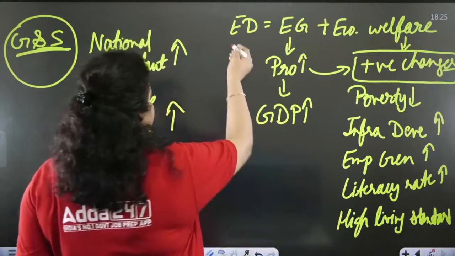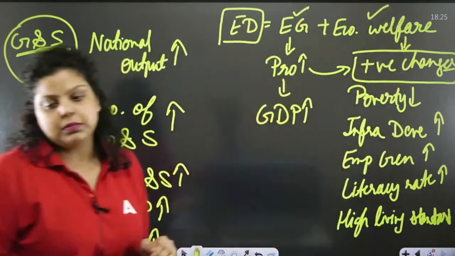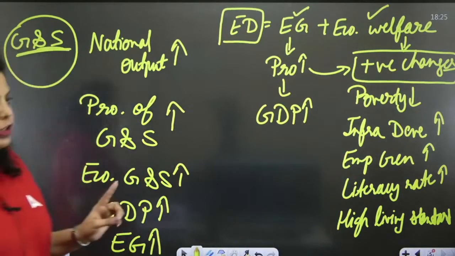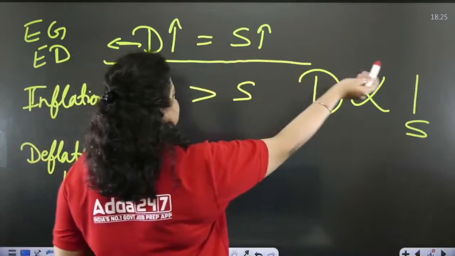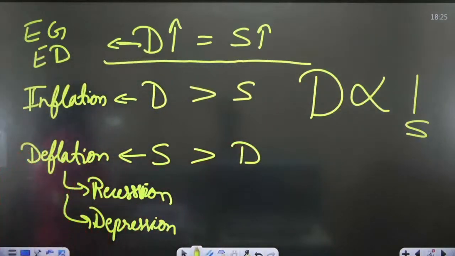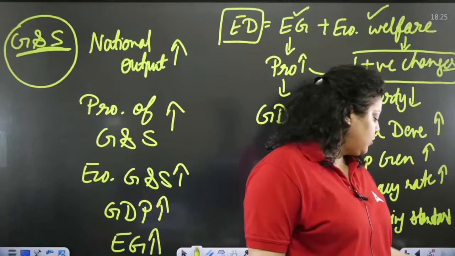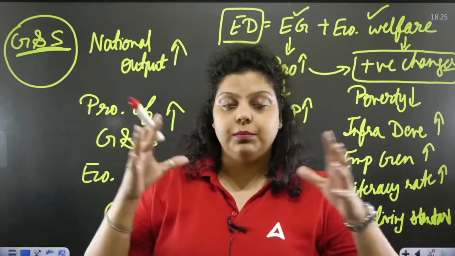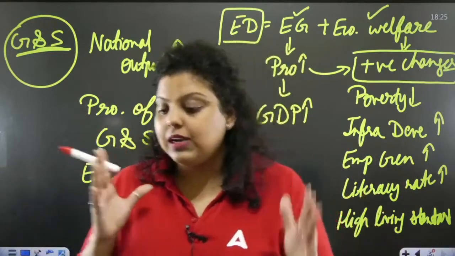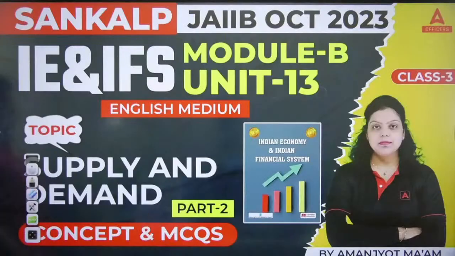So for economic development, we need what? We need growth as well as the welfare of the people. And this depends totally on what? The demand and supply of a country. That's where the law of demand and law of supply was created, just to understand how and when we have to match demand and supply, and at what level we have to do that. All these will be seen under the law of demand and supply.